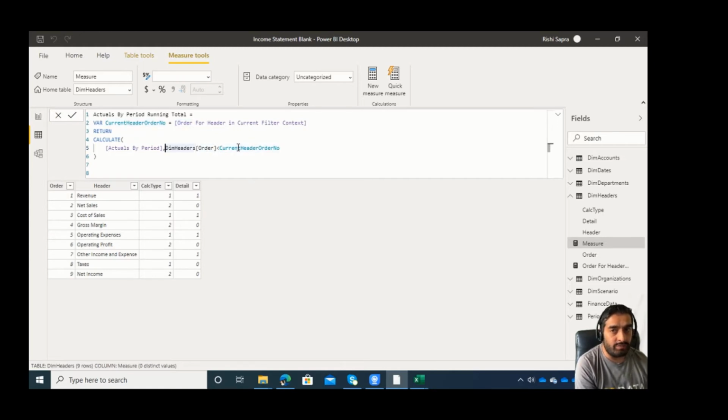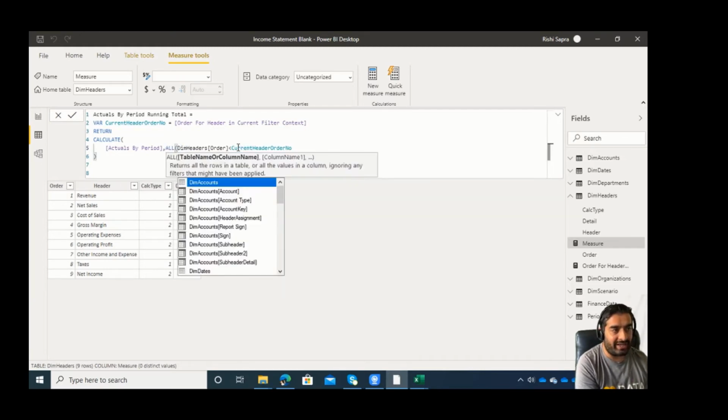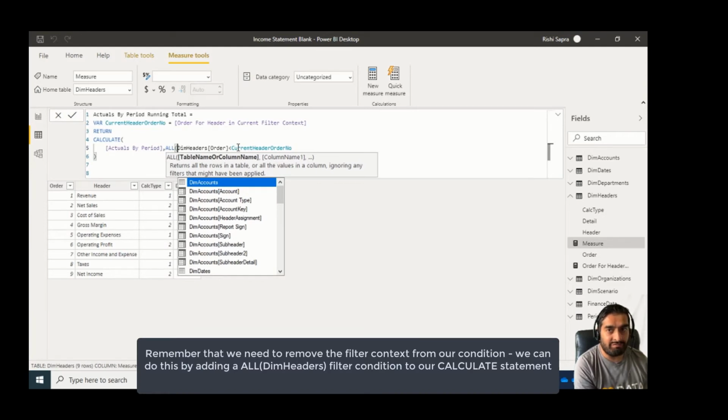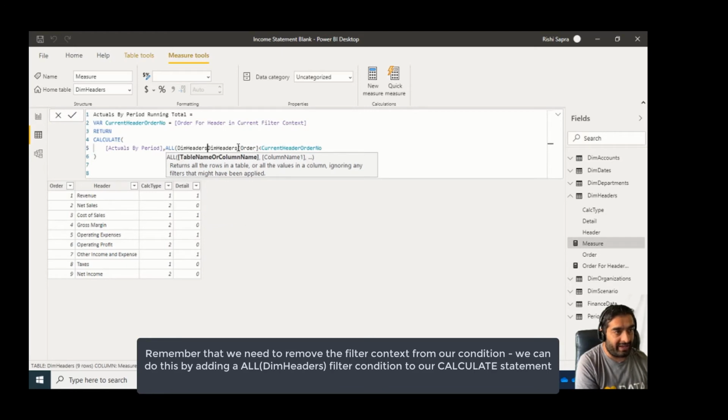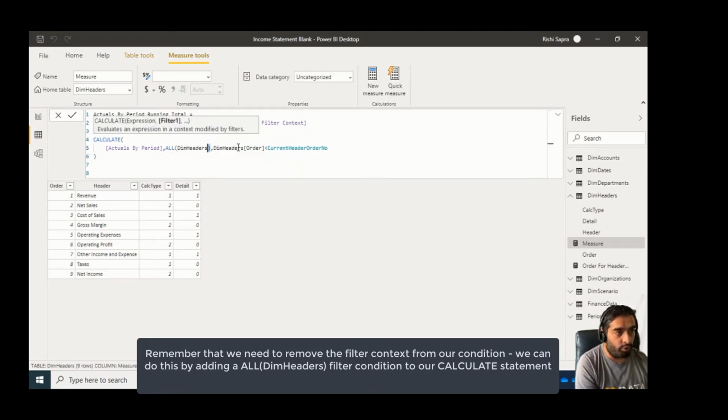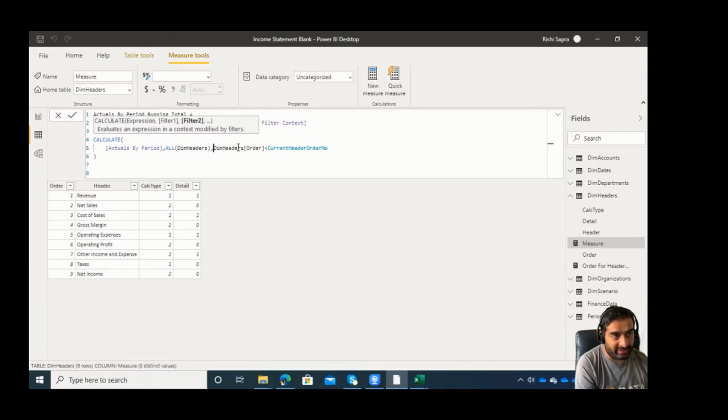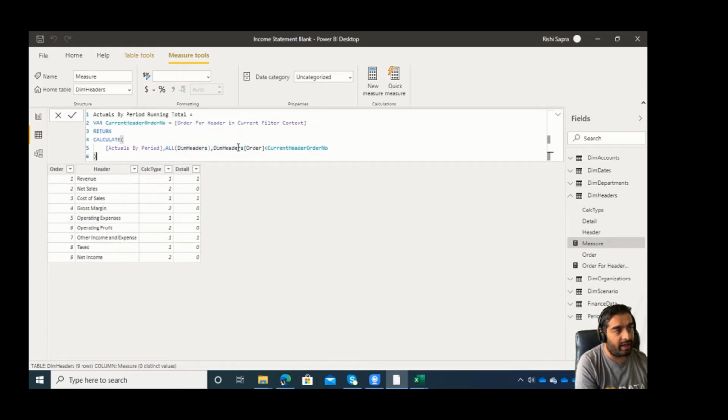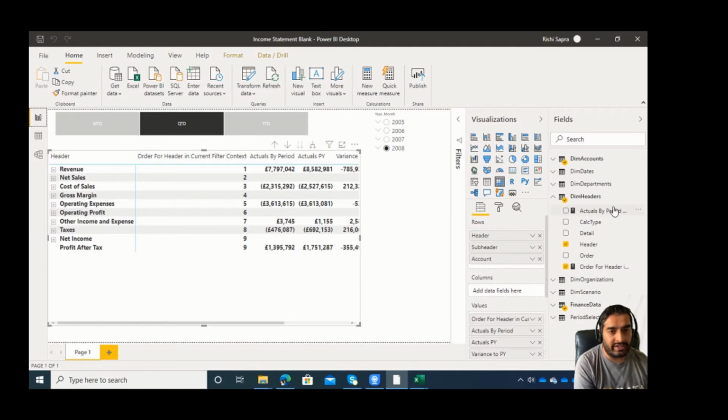So what we need to do is say, calculate that, but actually consider the whole headers table, not just the current row that I've got selected. So we can bring in another filter condition for all dim headers. So calculate actuals by period in the context of all of our header table and calculate for where the order is less than the current header order number. And now that should give us our running total. So it's a very similar pattern to what we use for cumulative totals. And if we drag that into here,